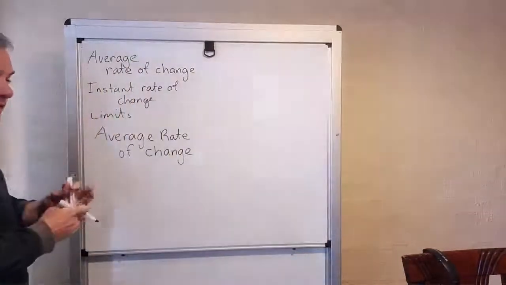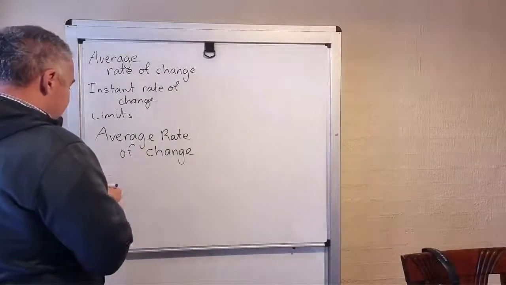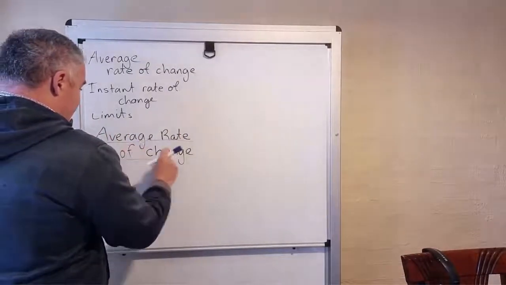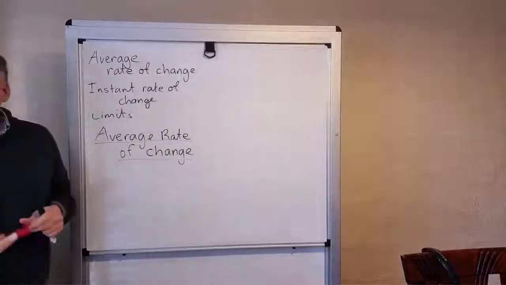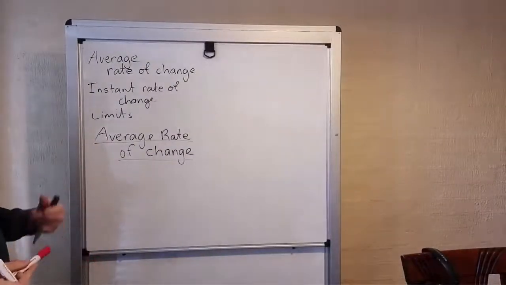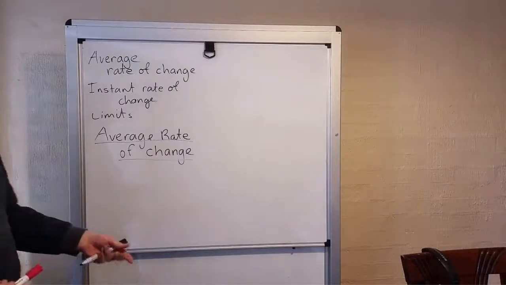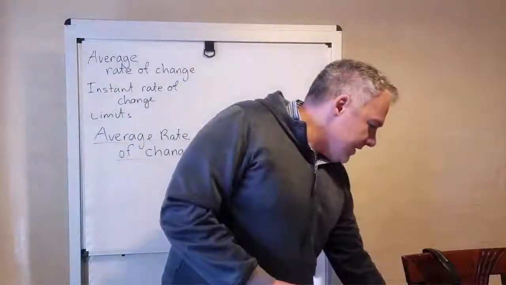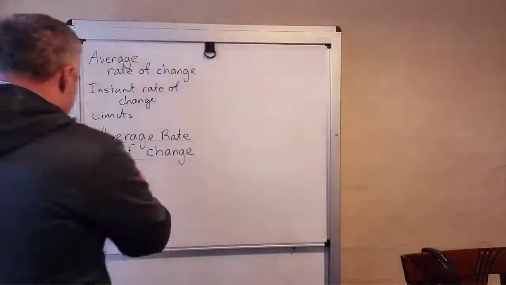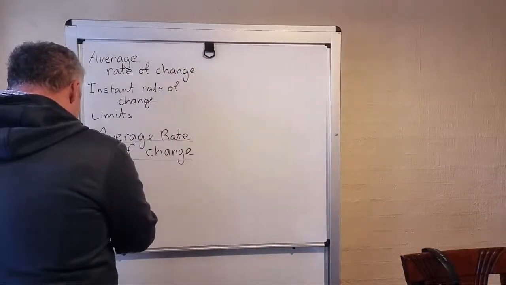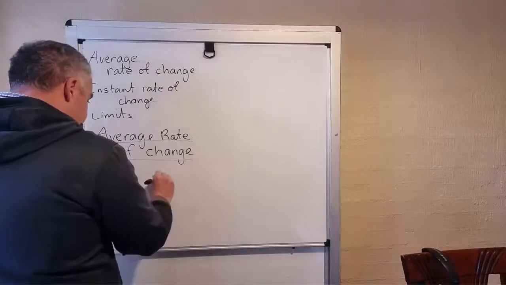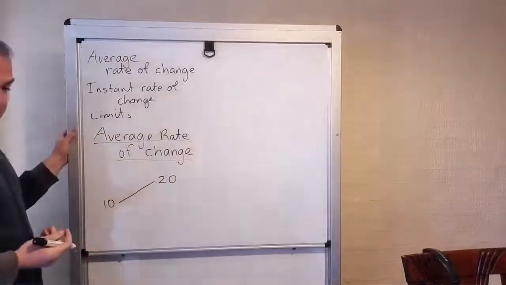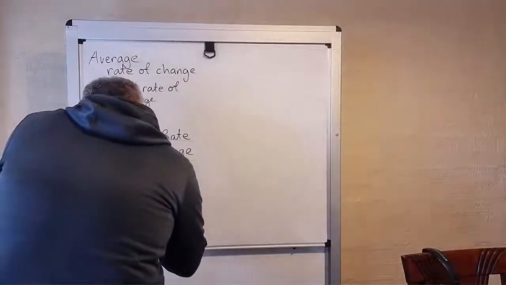Okay? This is essentially an idea that you should be pretty familiar with. Once I start going through this, the maths and the logic should be pretty clear with most people. Okay, so if I have a car and it's going from 10 kilometers to 20 kilometers, and it's going at the same pace, that's going to make a straight line. And if it takes 5 minutes to get there,